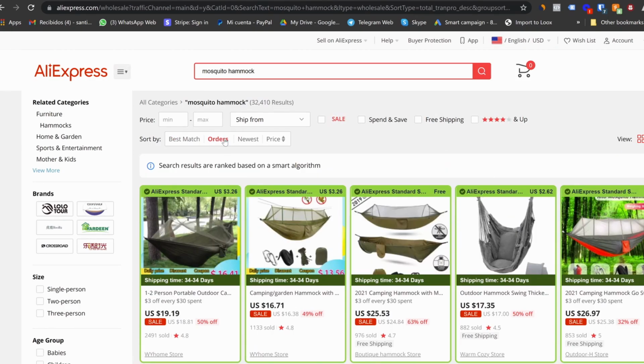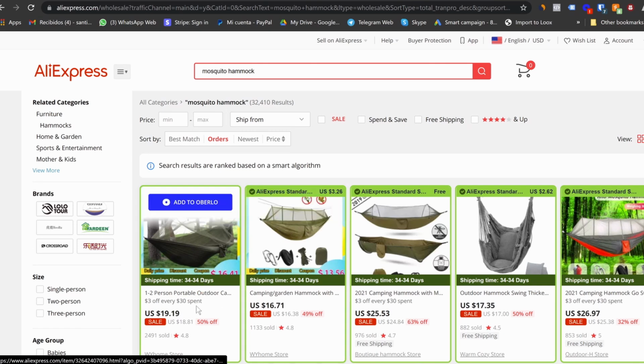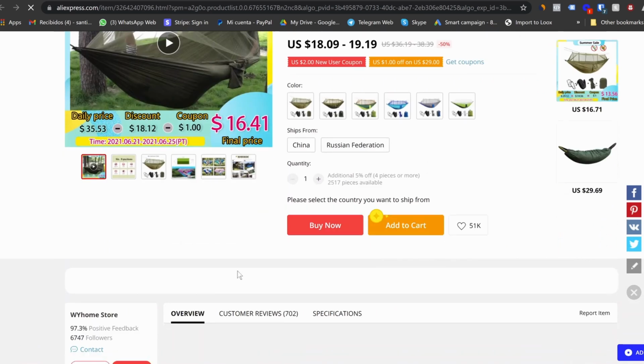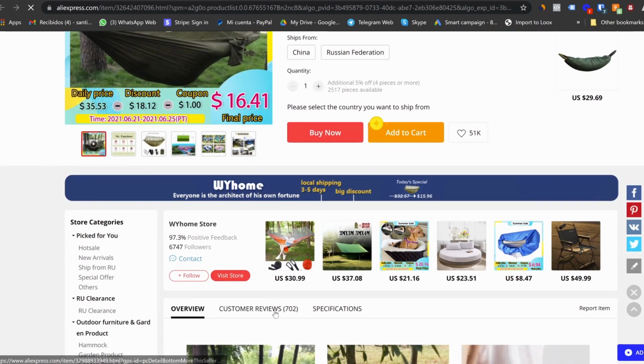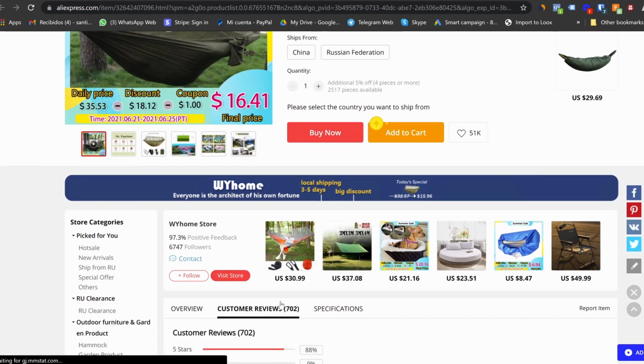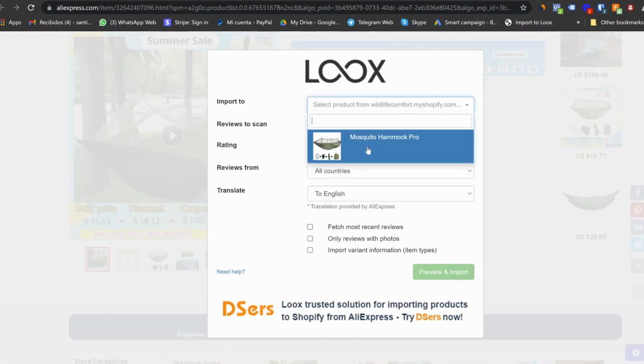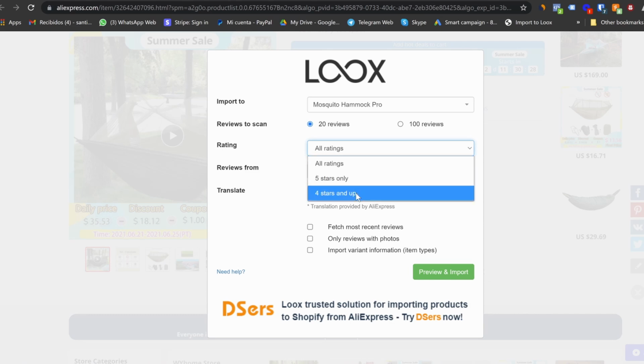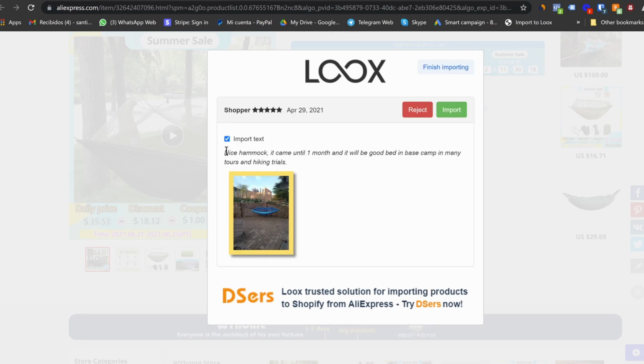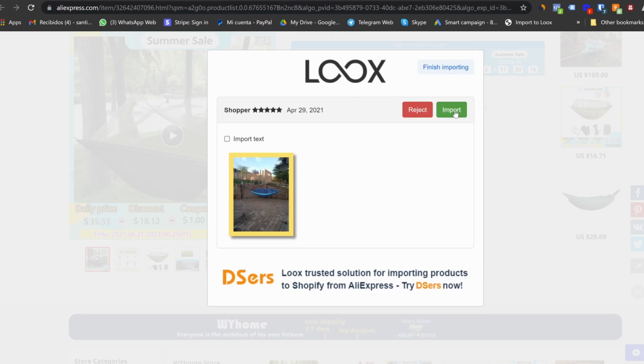Then I will click here orders because I want to find a seller that has a lot of orders. In this case, this is the biggest seller. So I am just gonna click this one. You can see that the seller has 700 reviews. So I will do the same, import to Looks, mosquito hammock pro, 4 stars and up, all countries, only reviews with photos, nice hammock. Alright, so I am just gonna put the image,